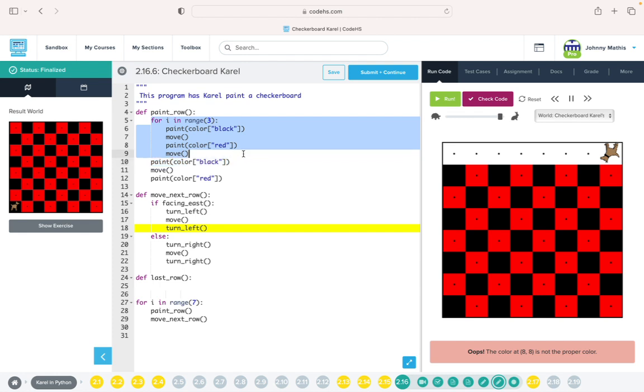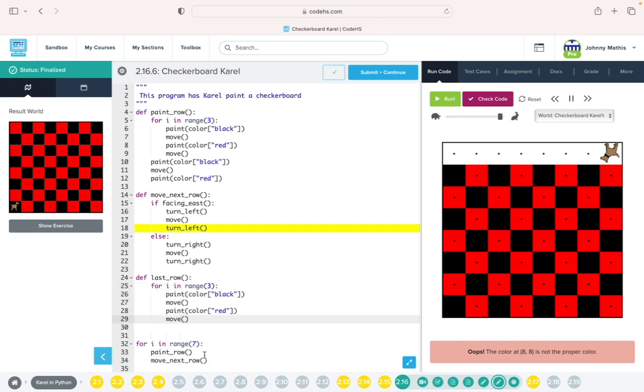So let's just take this code. I'm going to copy and paste it just to save time. Okay, so now that this is last row,